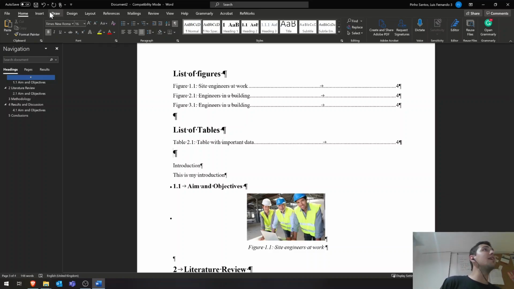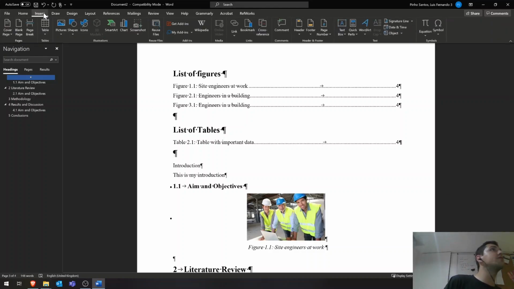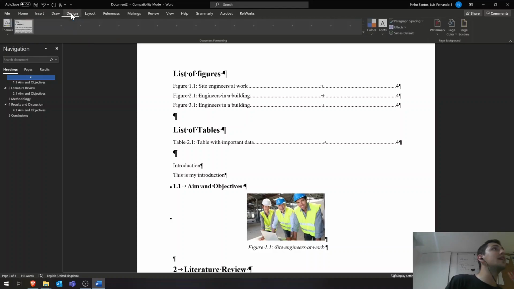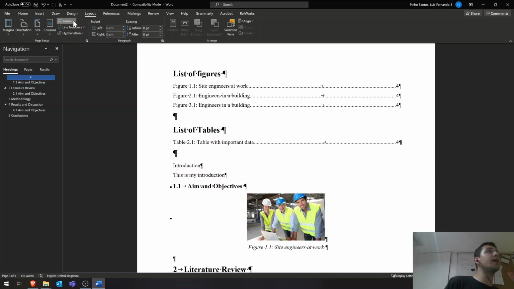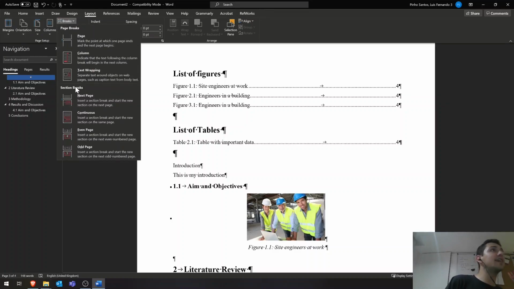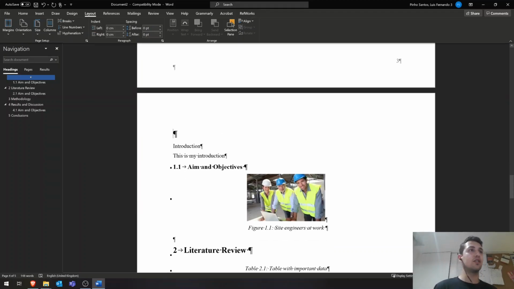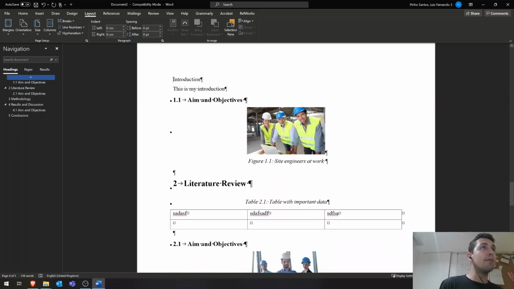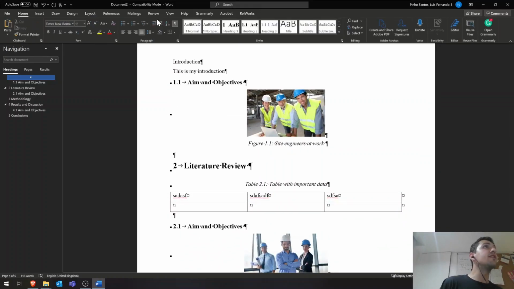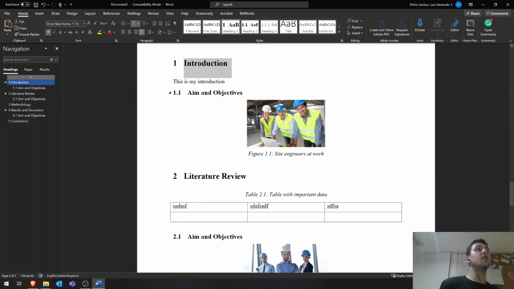But I'm going to create a special type of break, which is called, if we go to layout, and here in breaks, we press a section break. And this is different than a page break because it's also going to separate the section. So before we continue, you know I messed up my introduction, so let's fix it again using the Format Painter. So put the cursor here in Literature Review, press Format Painter, and then paint over the introduction,